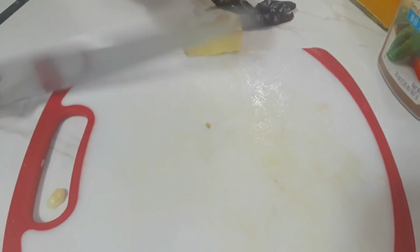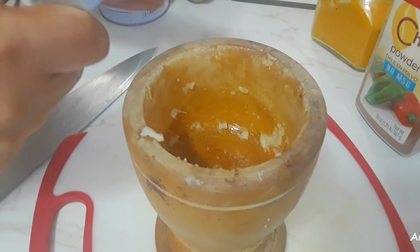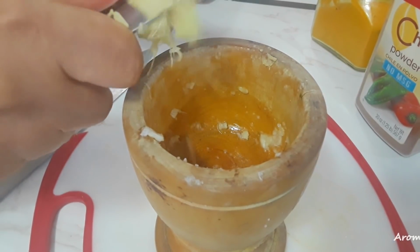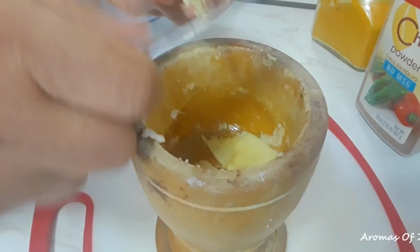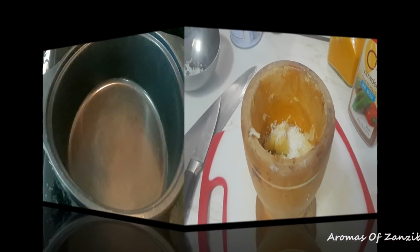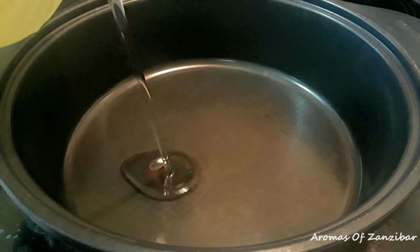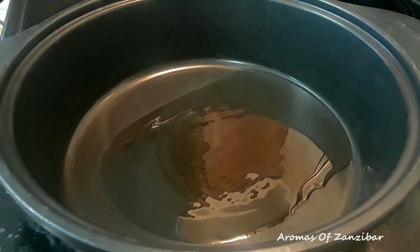So for the ginger, I'm using about this size. And I just peeled the ginger and cut it into nice thin strips. And then I added the rest of the salt. I like to use the salt when I'm making a paste. It's easier. All right. So over here on medium heat, I just added 2 tablespoons of vegetable oil and then